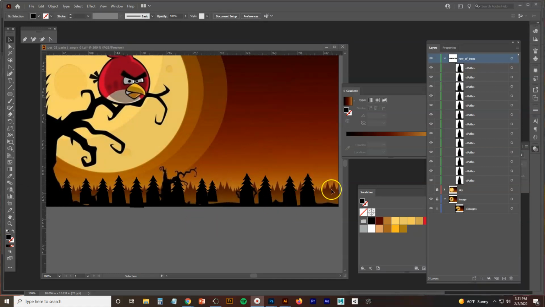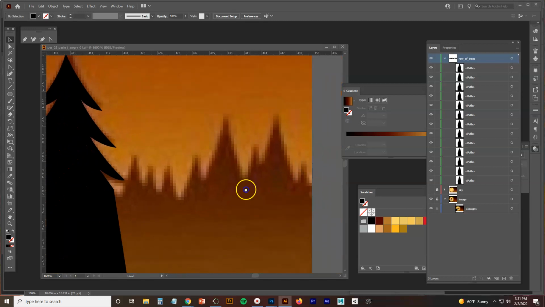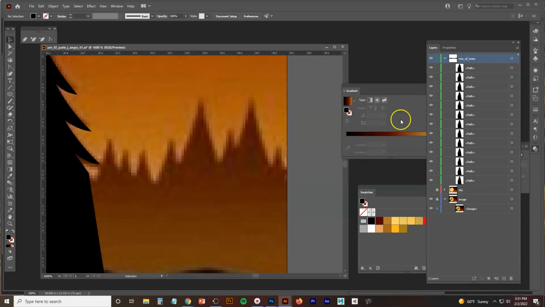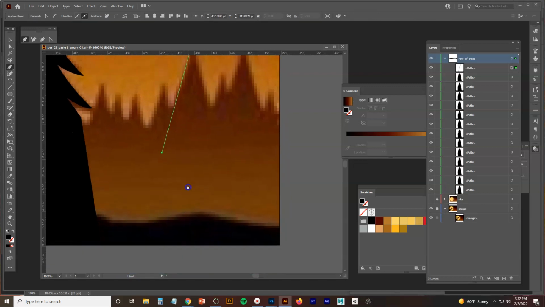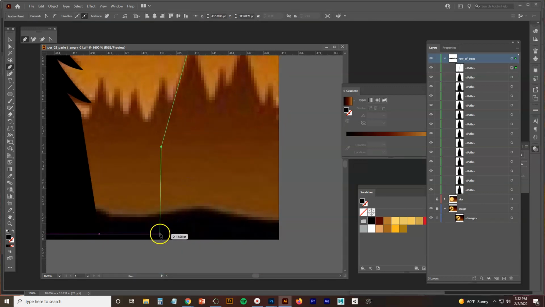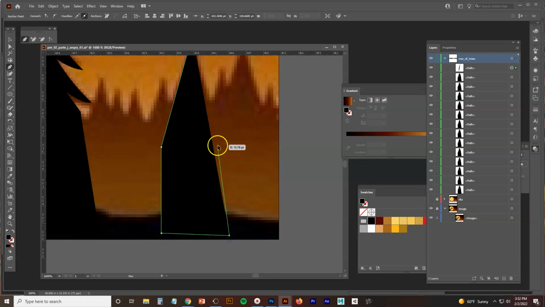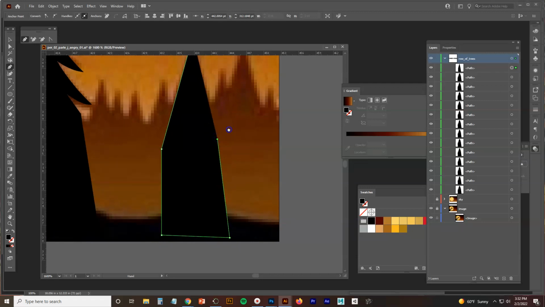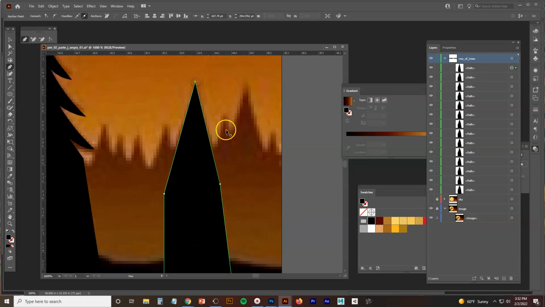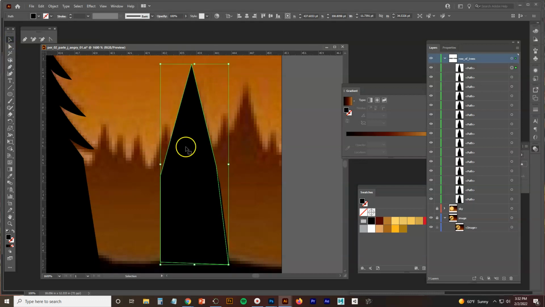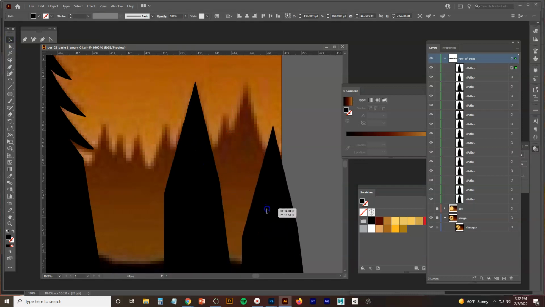Now we have these little sort of spires, these little piers, these little angles, and they're very simple. Again, I'm going to get my pen tool, and I'm going to go here, and I'm going to go boom. And these I'm not even going to mess with. They're going to be pretty much straight up triangles over to here, up to here, and up to there, and I'm going to finish it off there. Now this is going to take some time again to do a copy and paste, so Control C, Control V. I'm just going to use V in this case, and I'm going to start at the very beginning and go